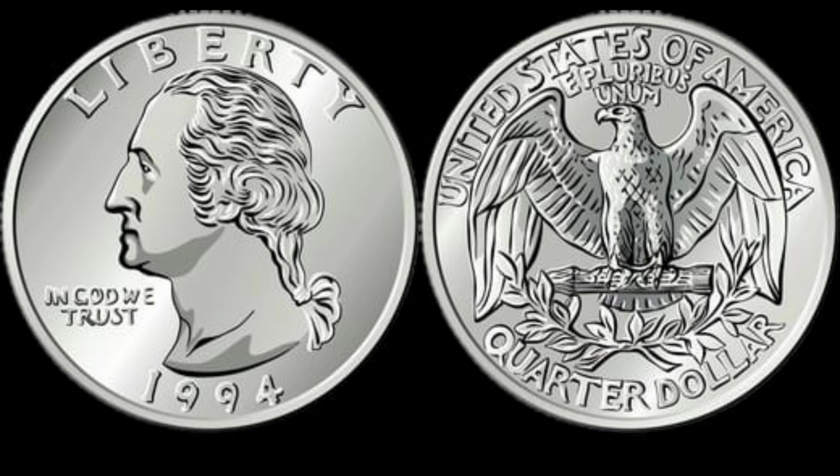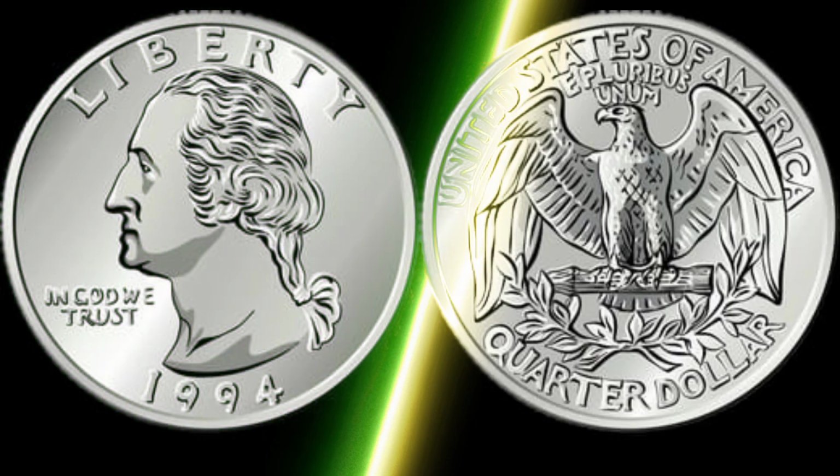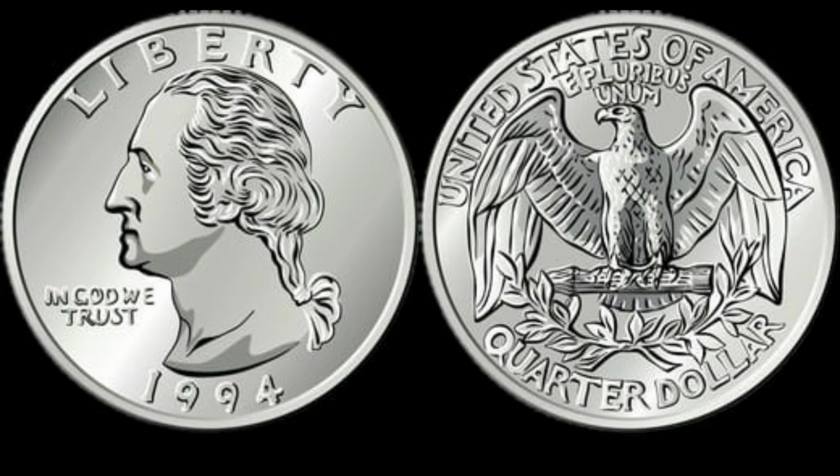a result of the die being misaligned or struck twice in the hubbing process, and this isn't just any doubling, because the most prized examples of the 1994 quarter with this error show bold and dramatic doubling that is visible even to the naked eye, not the subtle or minor shifts that occur from die fatigue or strike doubling but true hub doubling, and the rarity of this variation is compounded by the limited number of such coins known to exist, making each verified example a veritable treasure,